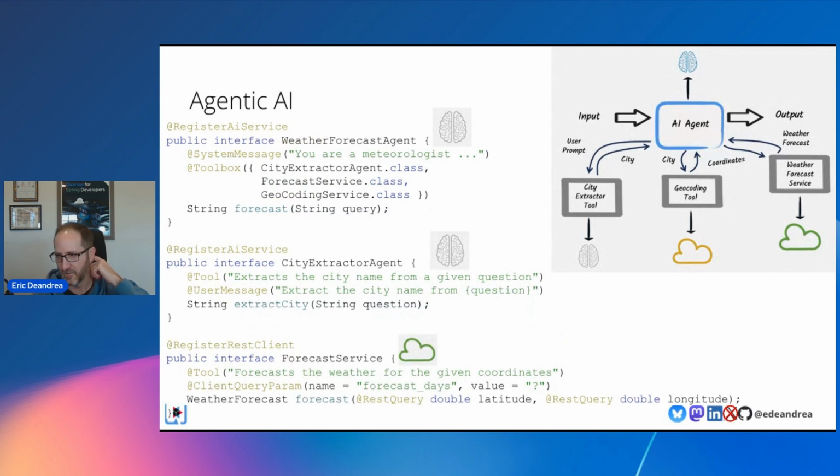Kind of a new thing that the industry is talking about is agentic AI, and what does that really mean? You have these AI agents that can do stuff. To me, it's almost like the RAG pattern, where you had an AI or a model routing queries to different data sources to fetch data.